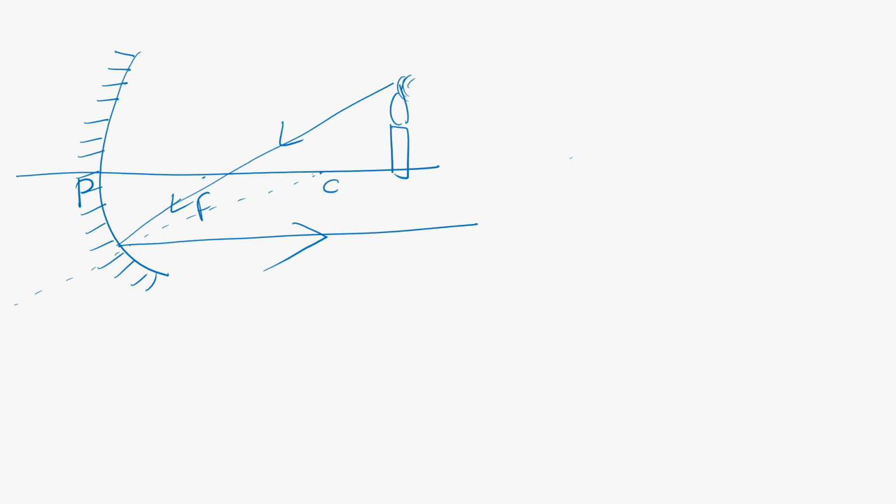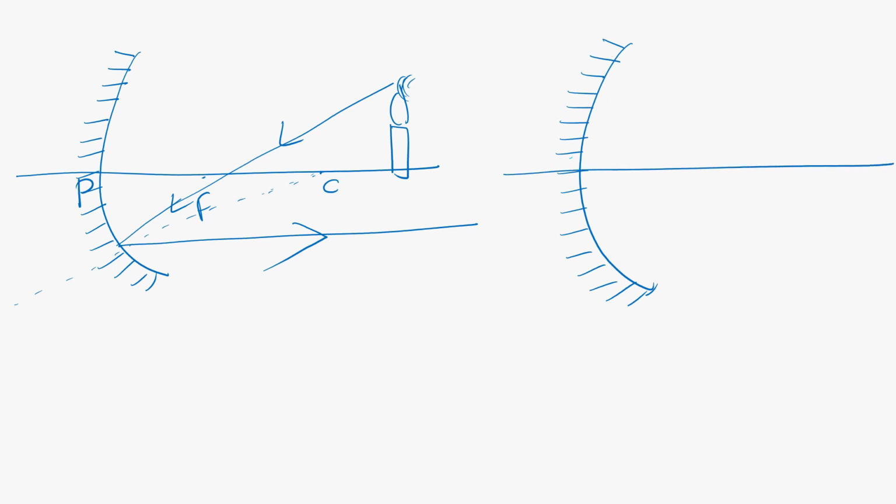This is the center of curvature. And next one more, here we are drawing the image positions taking the concave mirror, and this is the principal axis and this is the pole, and this is the focus and this is the center of curvature. We are placing the object here as a candle. Now the light ray passing through the center of curvature retraces its same path. The ray which passes through the center of curvature retraces its same path.